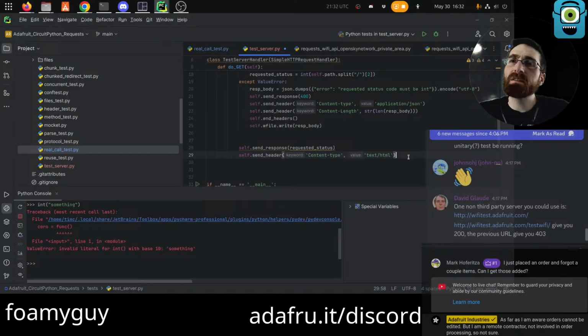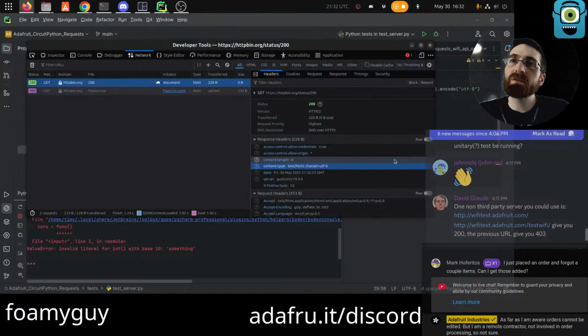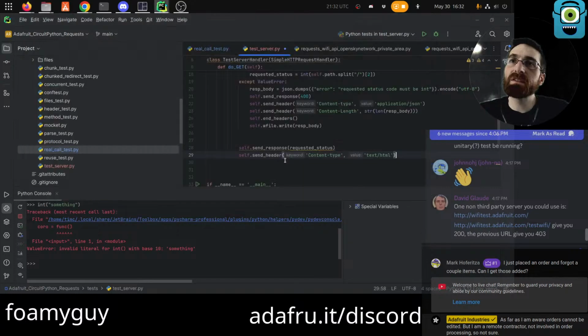And the weird thing is if it's 200, you actually get content length 0, which I don't really necessarily know why. So we'll say if requested status is 200, then we also want to send the header of the content length and set that to 0.